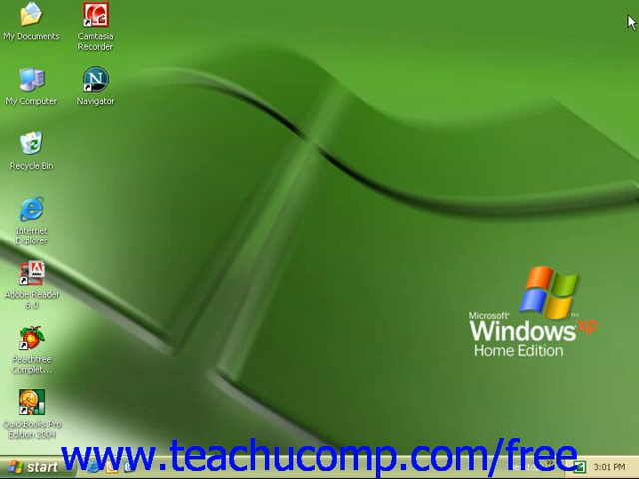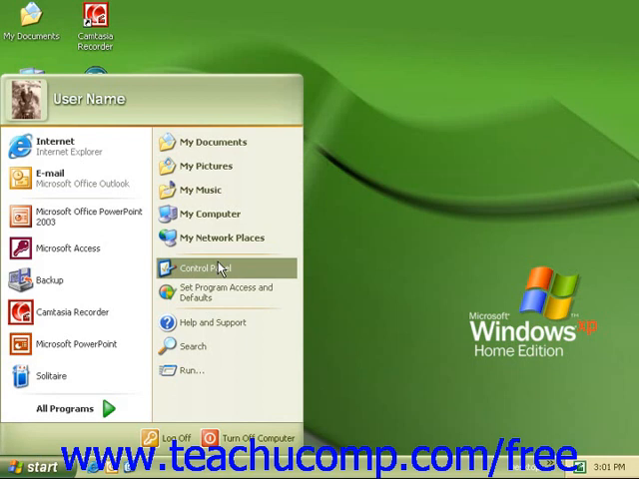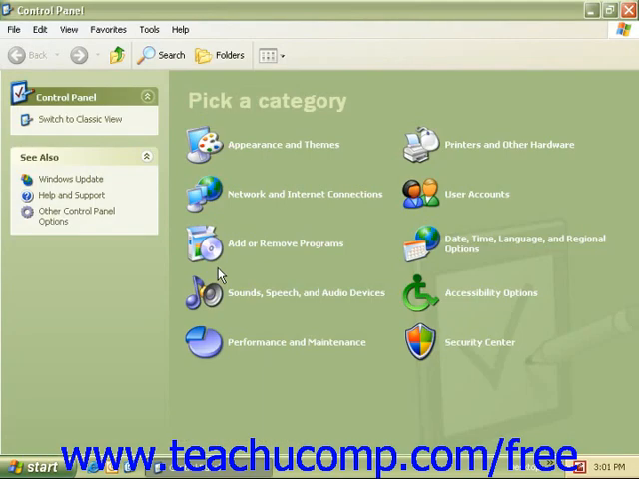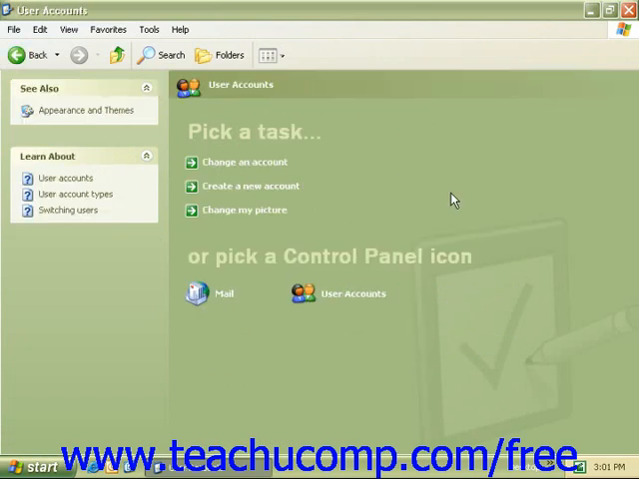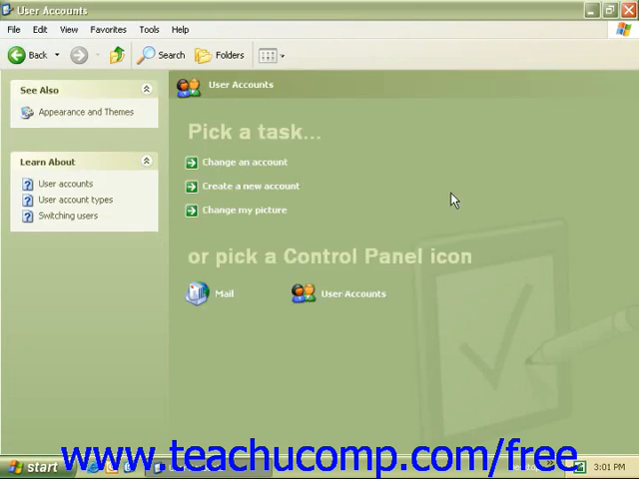To create a new user, select Start from the taskbar and come to our Control Panel. In the Control Panel, click on User Accounts, and here we have the User Accounts screen. We have a choice of 3 tasks to pick from: change an account, create a new account, or change the picture of your current account. Click on Create a New Account,